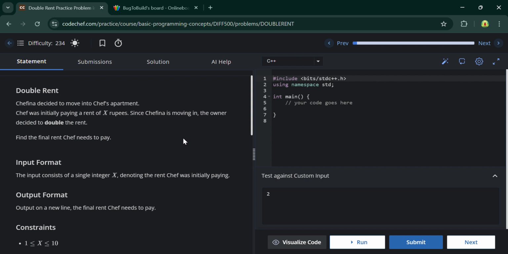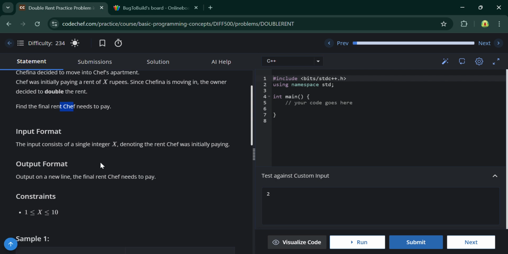Okay. So initially the chef was paying X rupees as rent, and since Shefina is moving in to this apartment, the owner decided to double the rent. So you have to return the rent that the chef needs to pay. Okay. So the input format is that